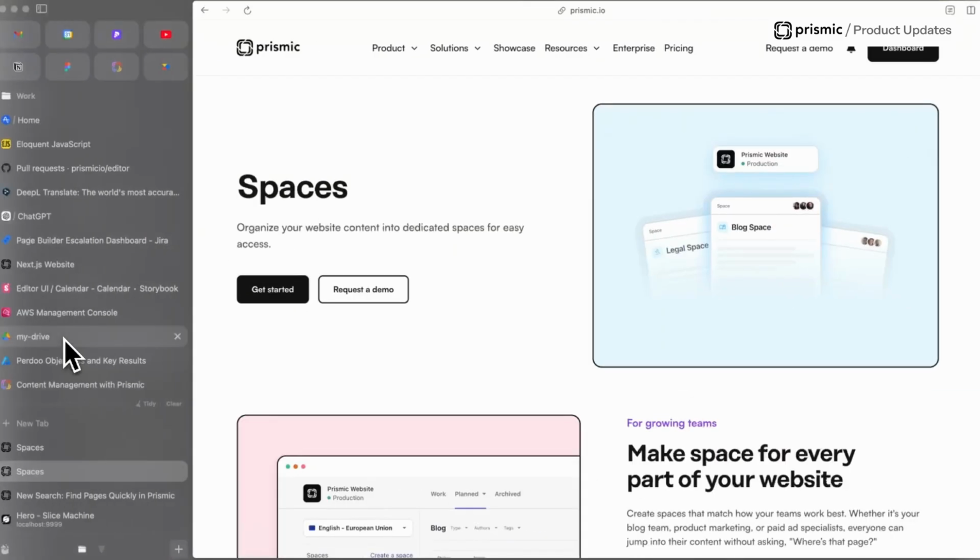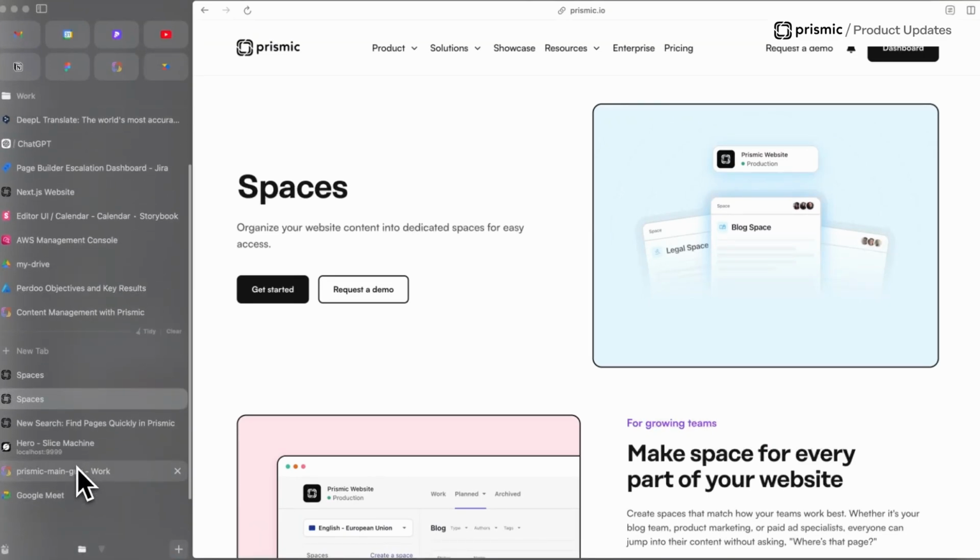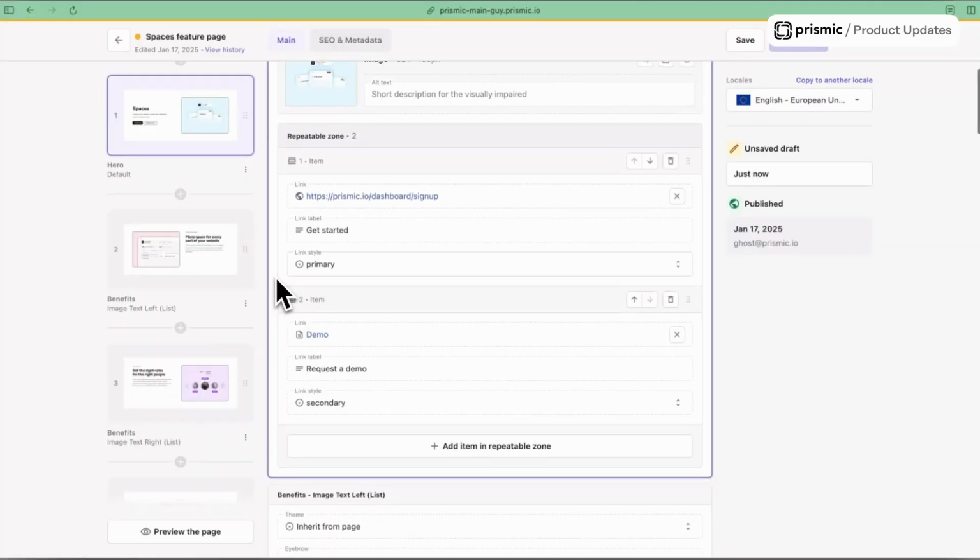Now, if I go into the page builder, you see that the way that this used to be done, or the way that this would be modeled by developers, is with 3 fields. So essentially you'd have the link itself, a key text to add the text of the label, what you want to write in the call to action, and then you'd have the style. And so on the Prismic website, we have 3 main styles, a primary, secondary, tertiary, and if you change those, it's going to change the style of the link.